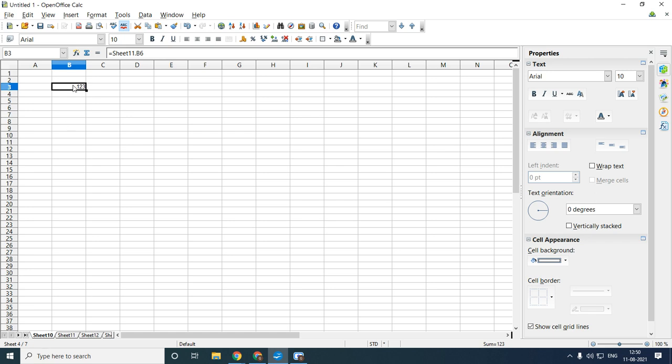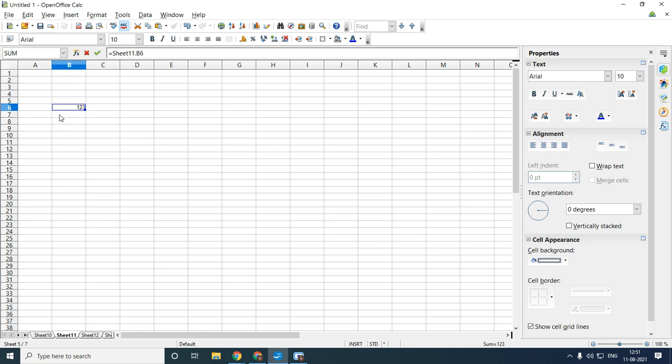And if you want to write with the help of your keyboard, where you have the equal to sign, there you can write the formula. If I click with the mouse, it will directly show the formula here. But if you want to write it with the keyboard, you write where that 123 is present. As you can see, it is present in my sheet 11. So you have to write equal to sheet 11 and in which cell reference it is present.